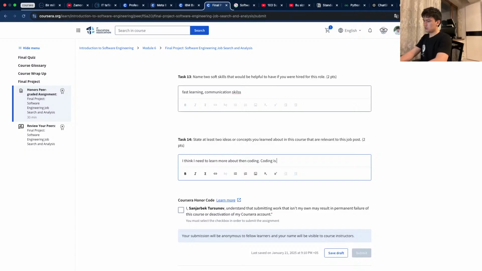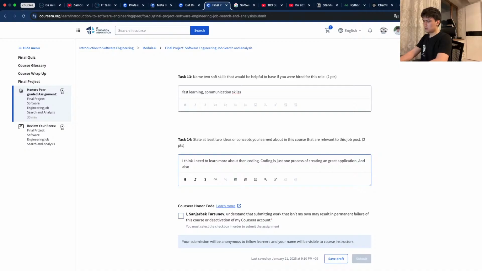Coding is just one process of creating a great application, and also software engineers do a lot more than just coding.